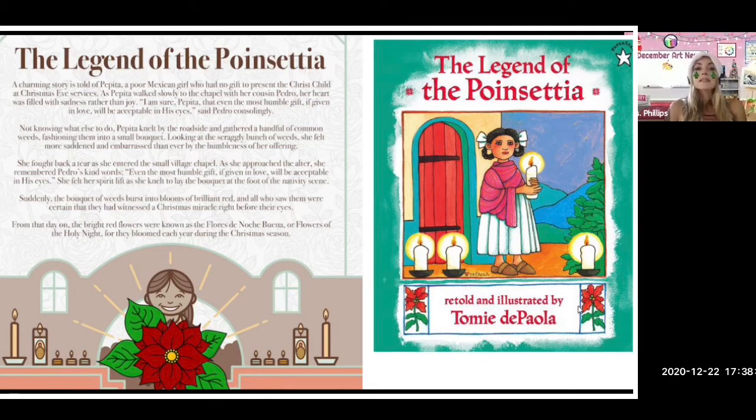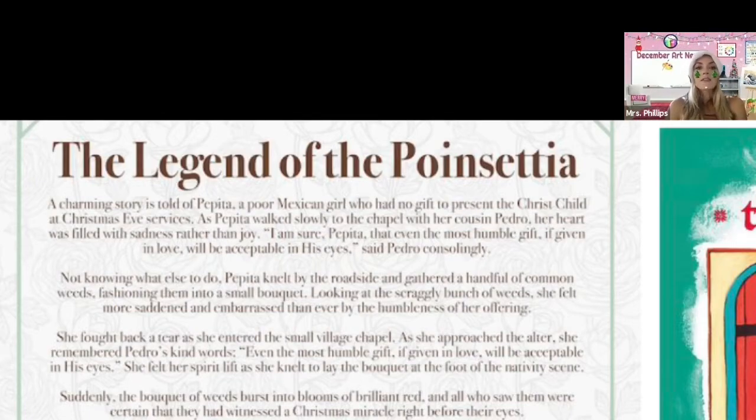It's basically the story of a young Mexican girl who was poor and wanted to present a gift to Jesus, or the Christ child, at the Christmas Eve services. When she went into the chapel with her cousin, she told him that she had nothing to give. So she gathered up a handful of weeds outside and fashioned them into a small bouquet. As she looked at the weeds, she felt very embarrassed, and she felt sad that that was all she had